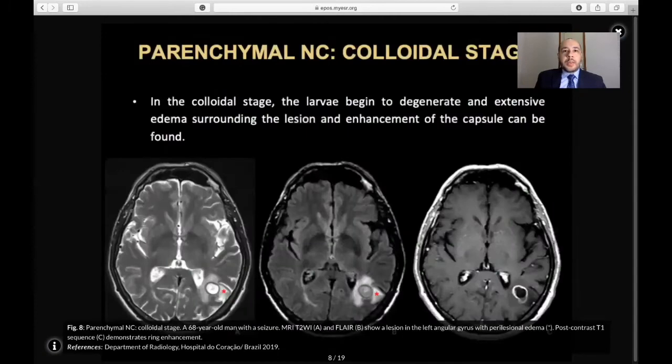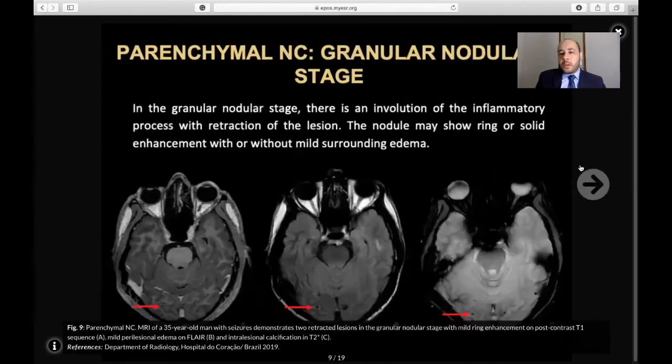In the colloidal stage, the larvae begin to degenerate, determining edema surrounding the lesion and enhancement of the capsule. In the granular nodular stage, the lesion retracts and forms a nodule that shows ring or solid enhancement with or without discrete surrounding edema. Here we see the MRI of a 35-year-old man with seizures, demonstrating a retracted lesion in